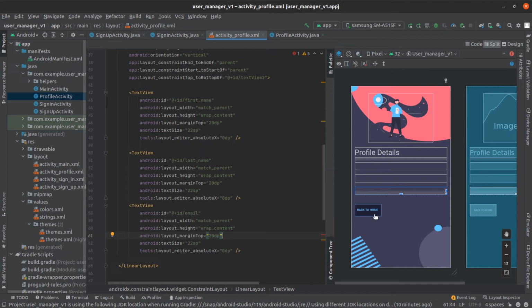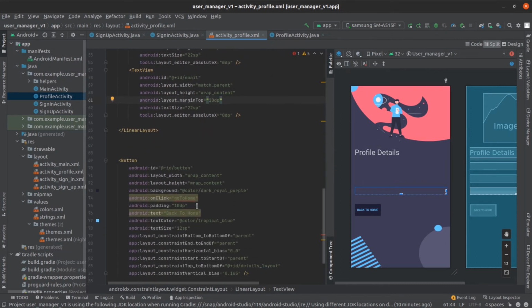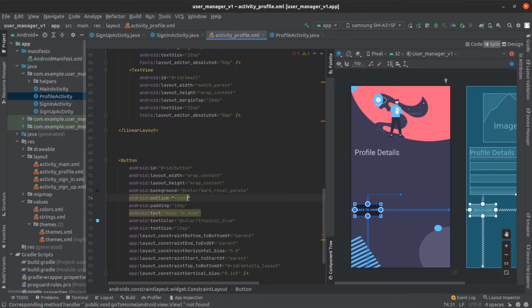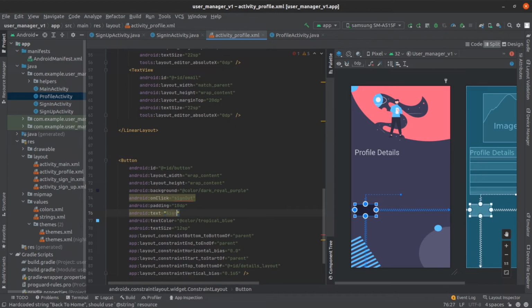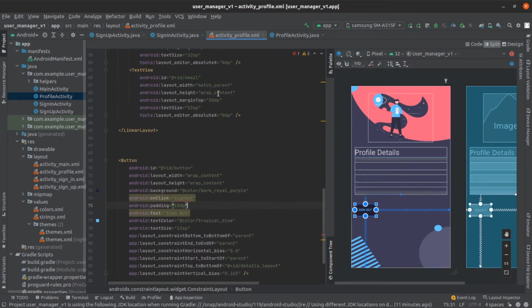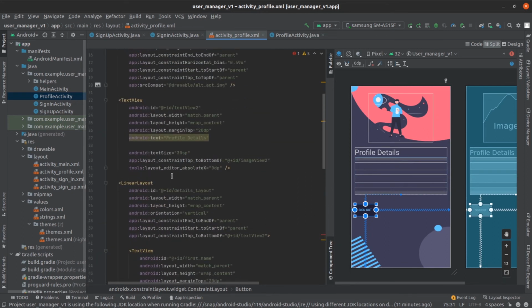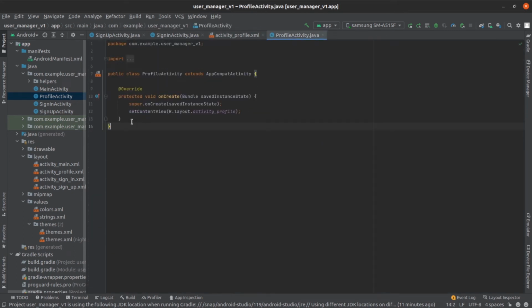This just goes back to home, but we will actually change that button to sign out. Alright, and then the text will go from back to home to sign out. Save that. Okay, so now that we have this, what we need to do now in the profile activity, let's